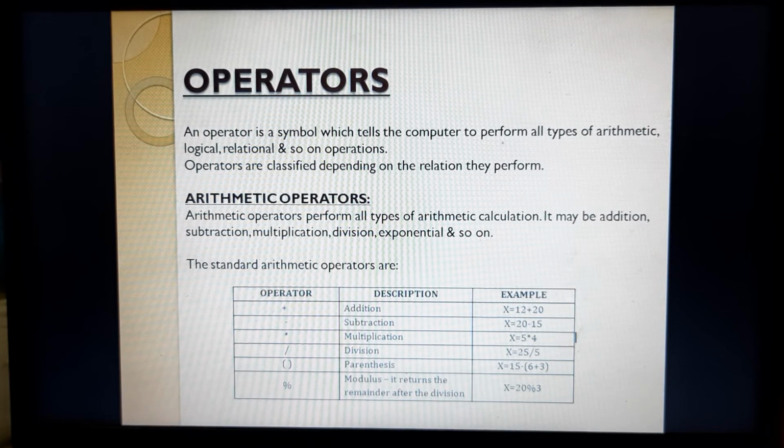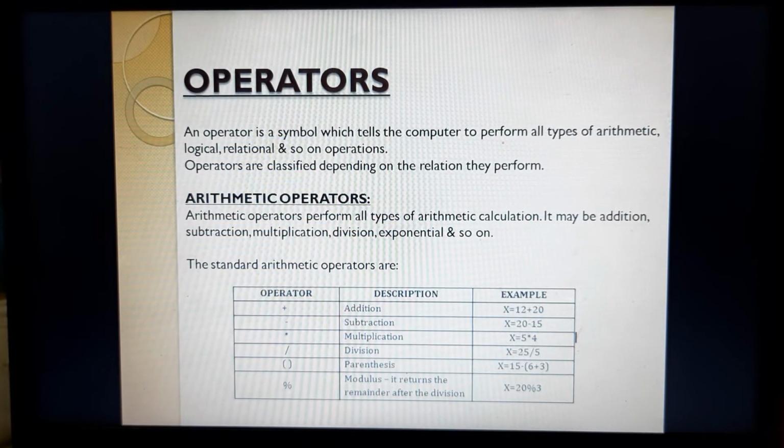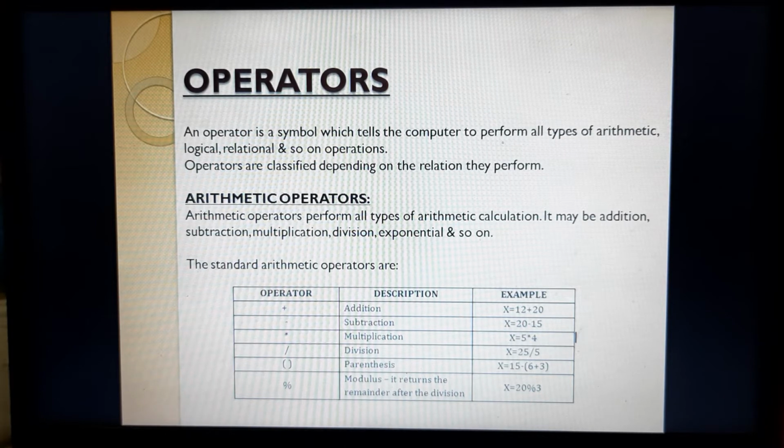So the operators are classified depending on the relation they perform, and based on the values they operate on and the output they give to the user, the classifications are made.